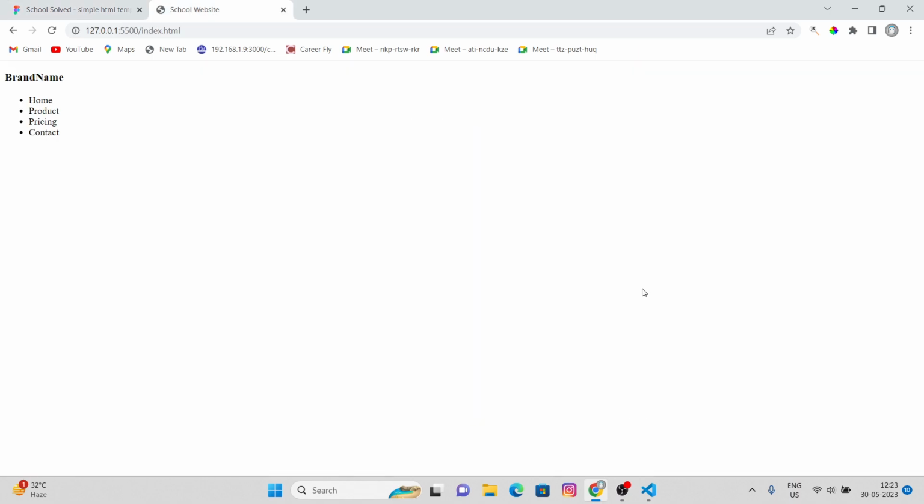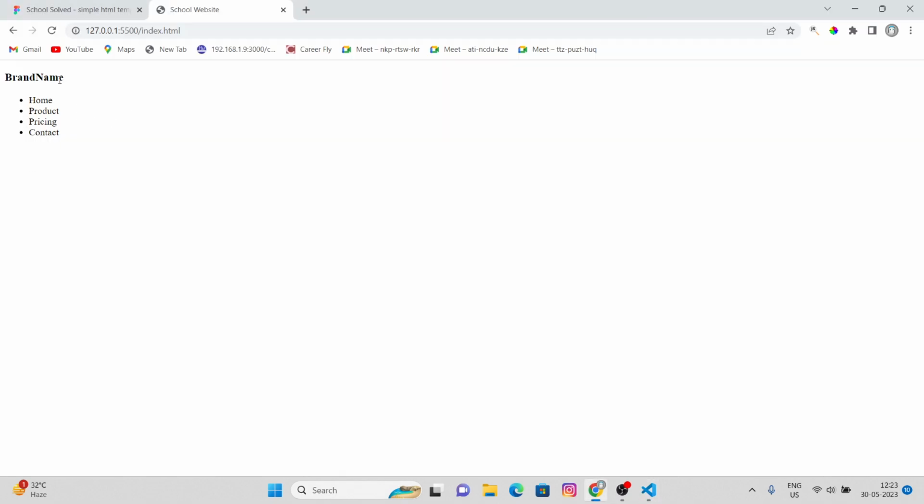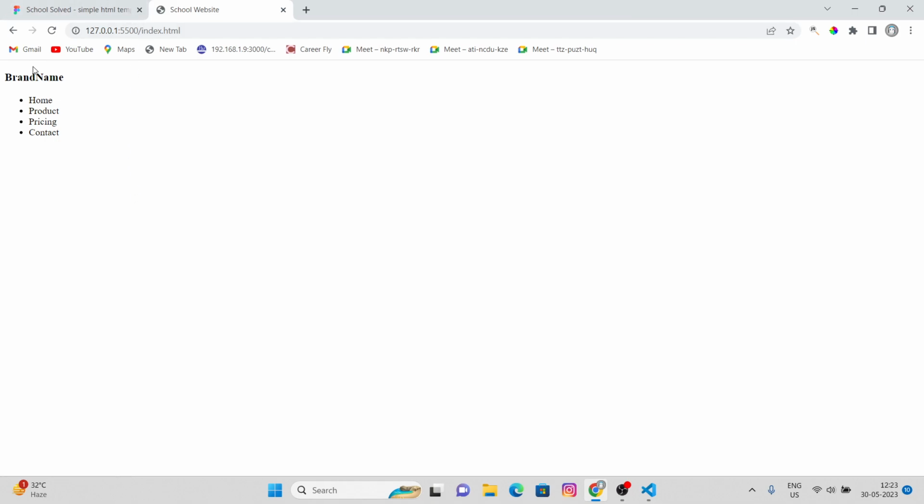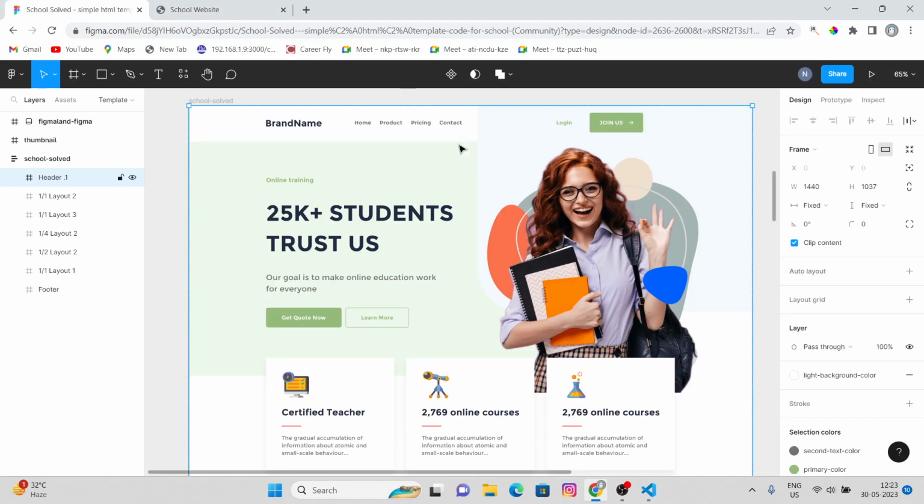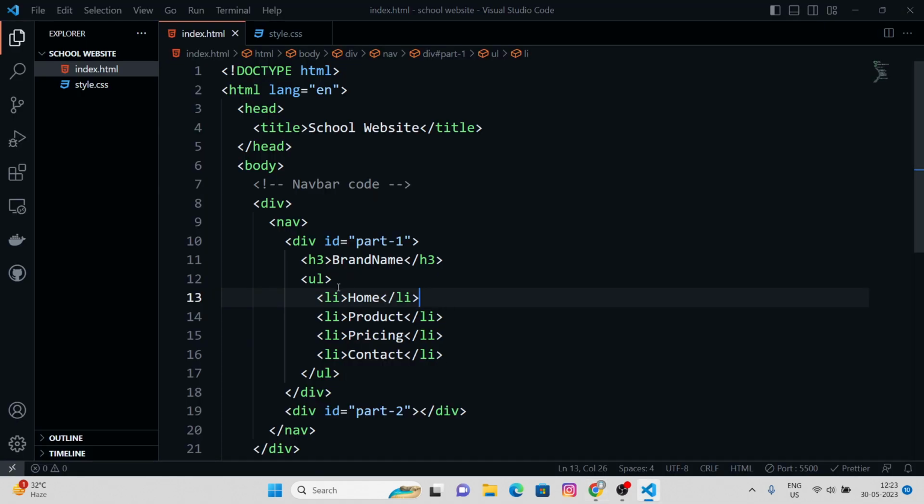Cool. So we got the UL tag and the list items. We got the nav items over here. Cool. But you can see that the design is not perfect, right? It must match like this. It has to be in a row, and all the items have to be in a row as well, right? And we don't want these bullets at the starting of each nav item, right? For that,